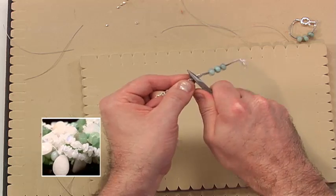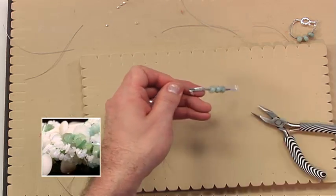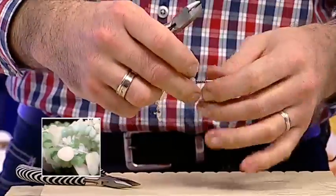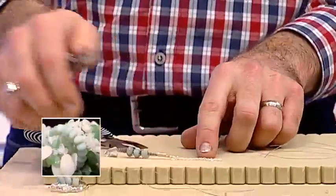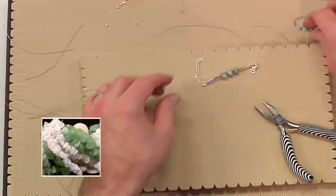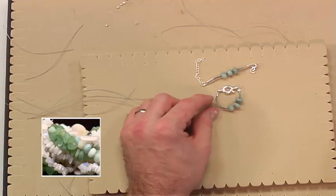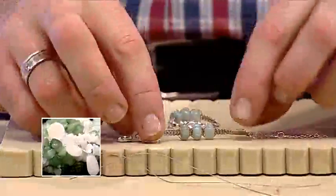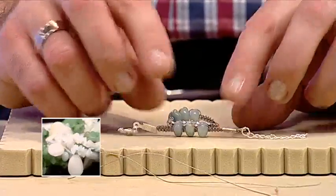At the bottom, and then again we cut off any excess like so. Then, leaving that piece of chain, you can pop on a little corresponding bead, just to make a little finishing feature. But that's 2 ways, exactly the same way as you would normally finish off a necklace or a bracelet, using the toggle and then using the extender clasps. But as I said, the most important thing is to try and get as many lazy strands as you can through your beads when making beading, using beading thread,